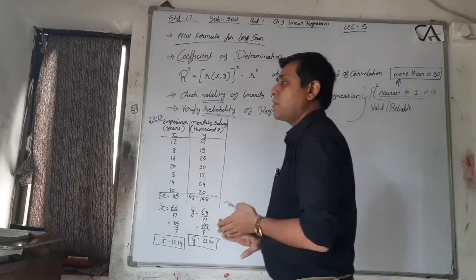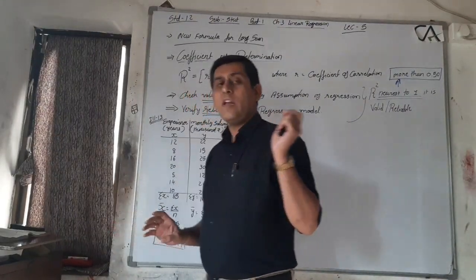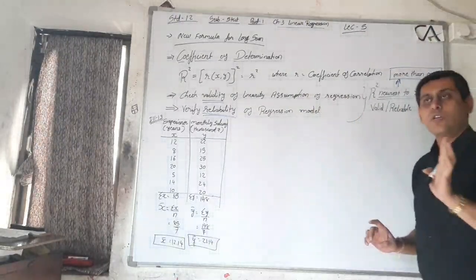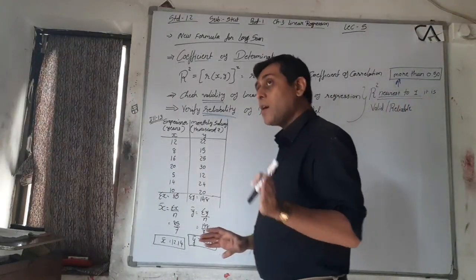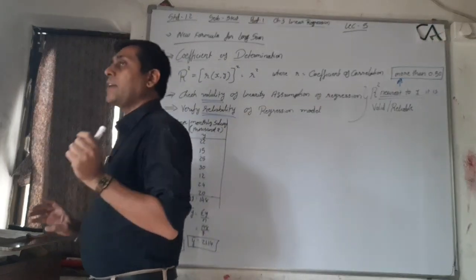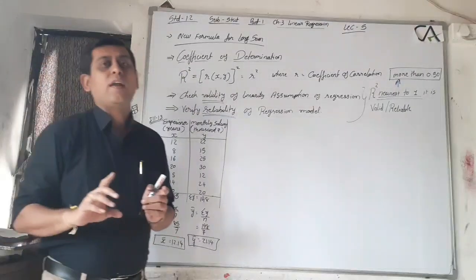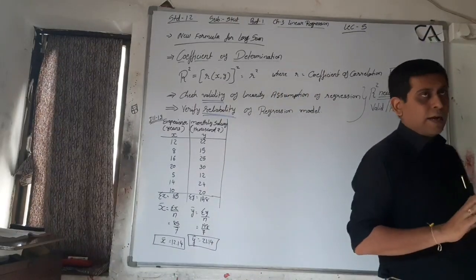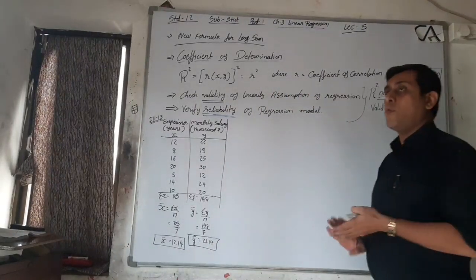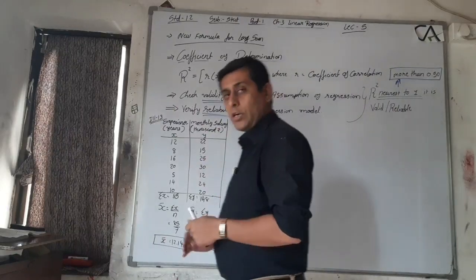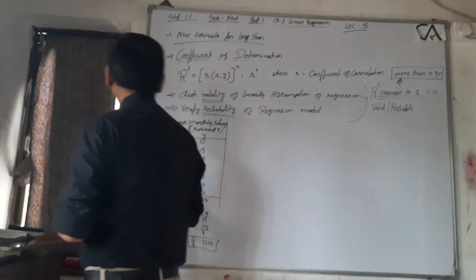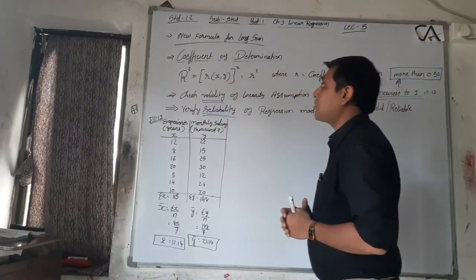Up to this we completed illustrations in our illustration book, illustration number 1 to illustration number 12, and in our exercise book exercise 3.1 as well as exercise 3.2. Now we'll move forward to illustration number 13, but for that one new formula for the long sum is